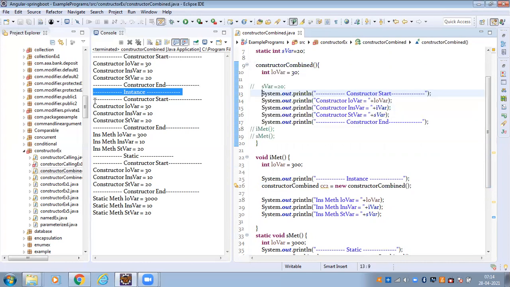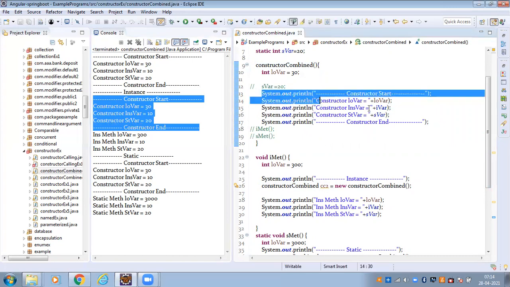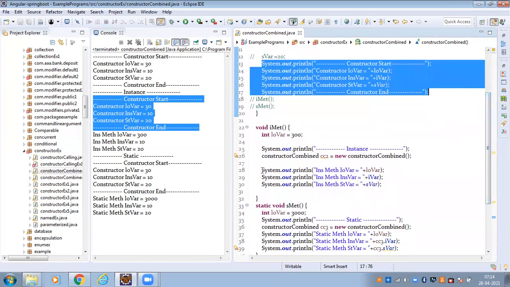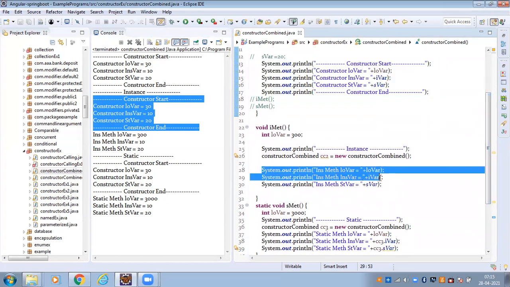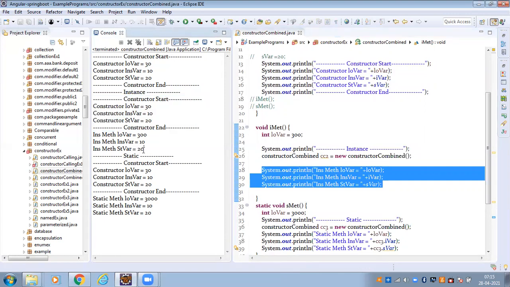That is why it printed the constructor start to end. After completing this, in that instance method, I have to access the local variable, instance variable, and static variable.